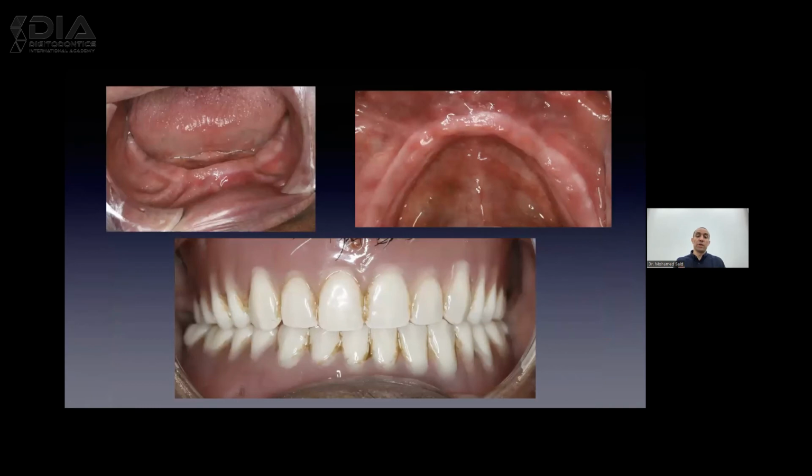Another case that we are doing in our department by our master students. So as I mentioned, we sometimes do implant overdentures using locators, or sometimes we do implant overdentures using bars. And one of the research projects that we are working on right now is doing implant overdentures using zirconia bars. So instead of using a regular metal bar, we are trying to use a zirconia bar and seeing how this is going to function in the